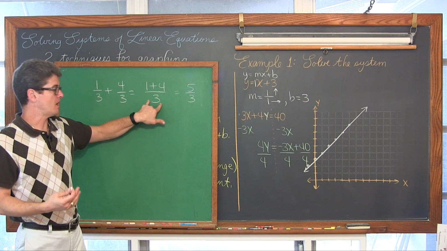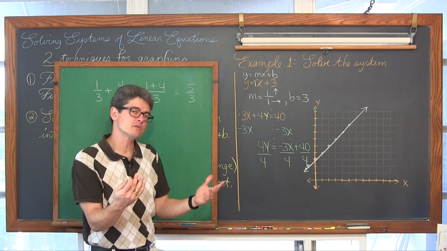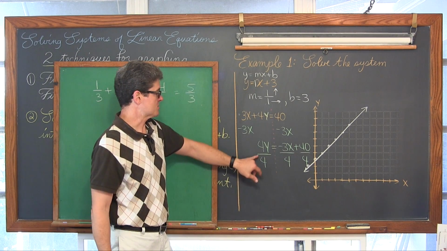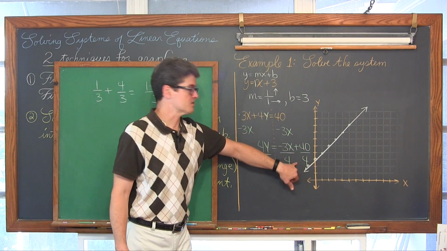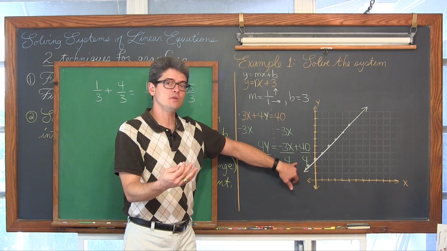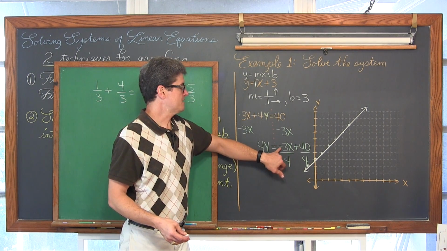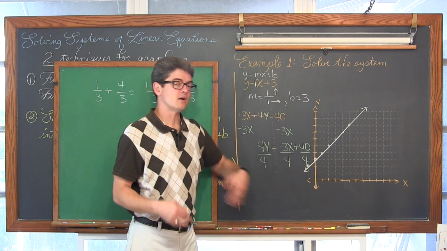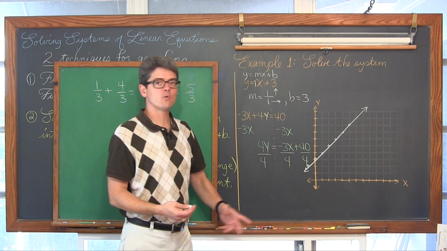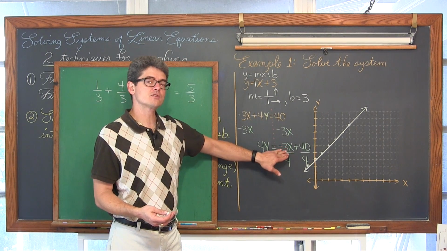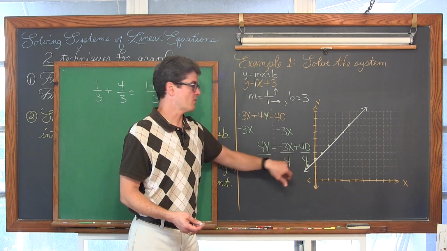But what I'm showing you here is, instead of taking two separate fractions and adding them together with that one common denominator, I could, and maybe you could argue it's sort of better to show that one division by 4 on the left and the one division by 4 on the right. But then students get confused when they have that 4 in the denominator underneath the entire negative 3x plus 40, and I'll have a lot of students incorrectly do something like just 40 divided by 4, and then they let the coefficient of the x stay negative 3, and they don't divide the 3 by the 4 like they're supposed to.